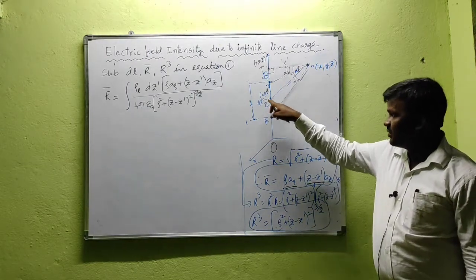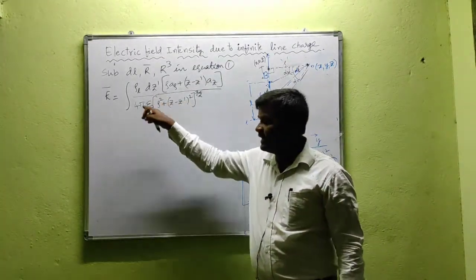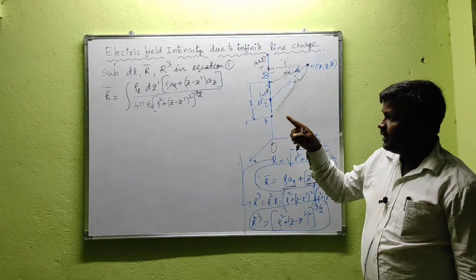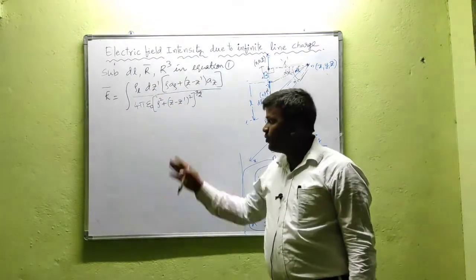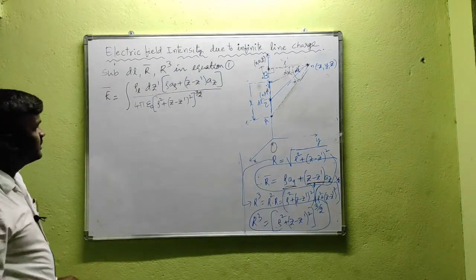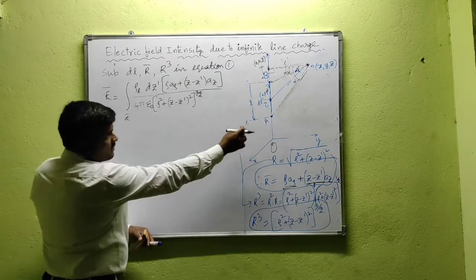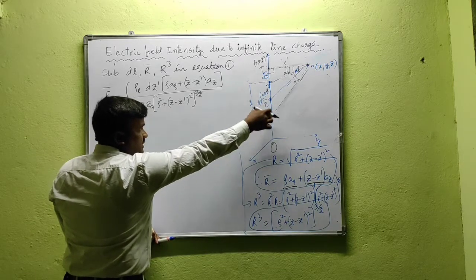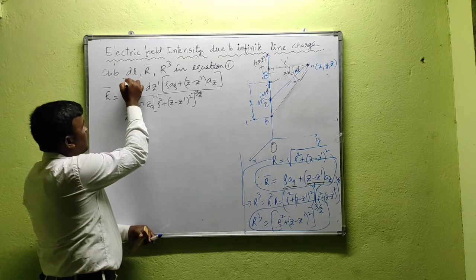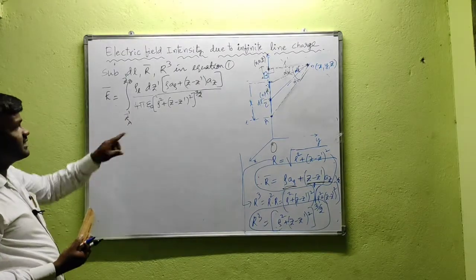Means if this point is shifted downside or upside, the change in z dash, that is dz dash, leads to a change in the alpha. Now we can change the order of integration from z dash to alpha. So here, for the lower limit we consider a finite line charge extended from A to B. For the lower end we will get ZA dash, and for the upper end we will get ZB dash. Now change the order of integration from z dash to alpha.